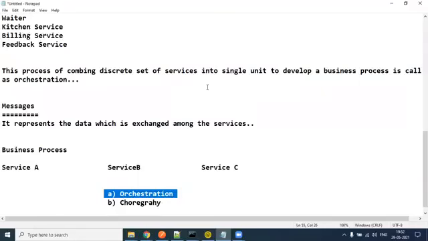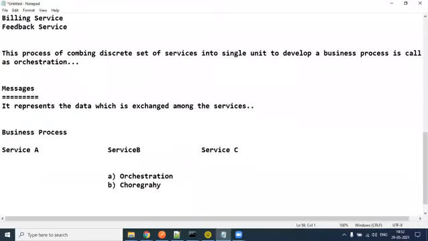That's fine. But now when we need to talk to services, we need to pass certain data, right? And that data is termed as messages. So messages are nothing but the data which is exchanged with the services. Whenever we want to communicate with the services, we need to pass certain data, and the data is known as messages. These messages can be in different formats,